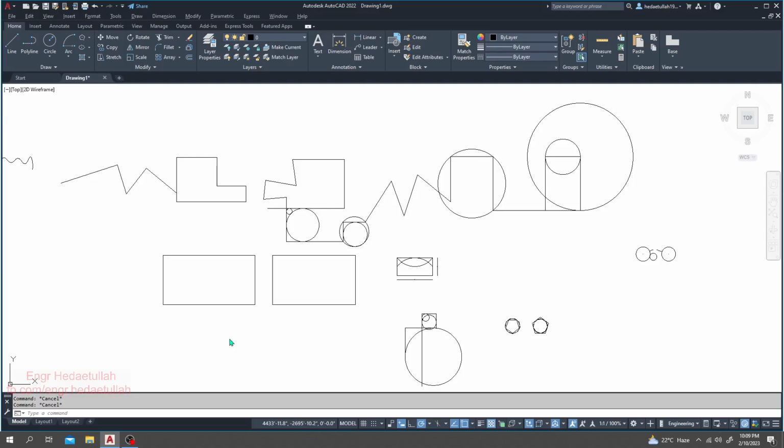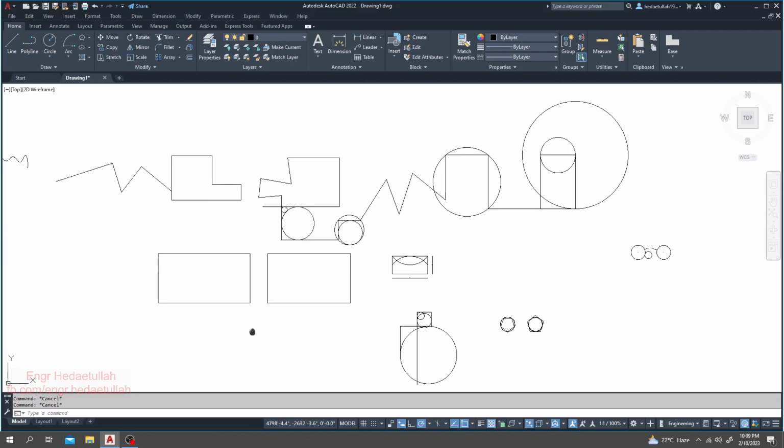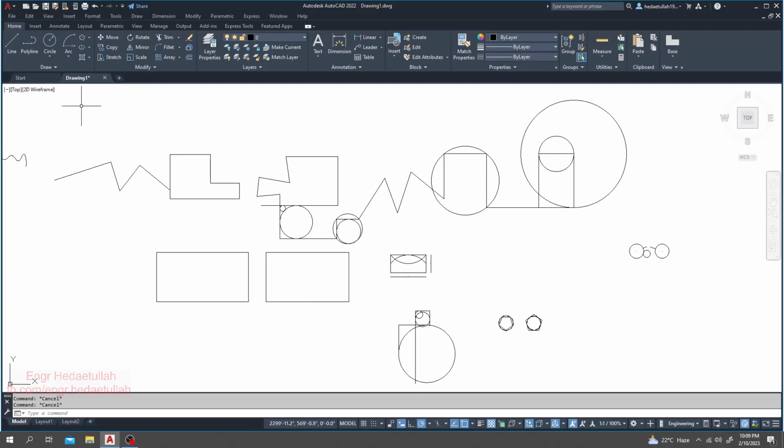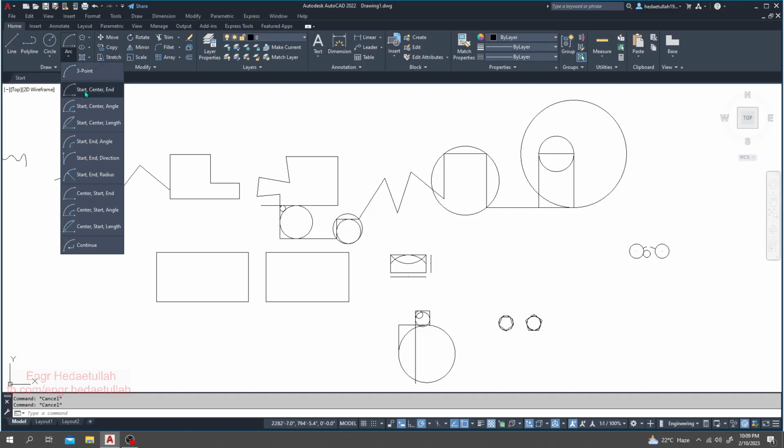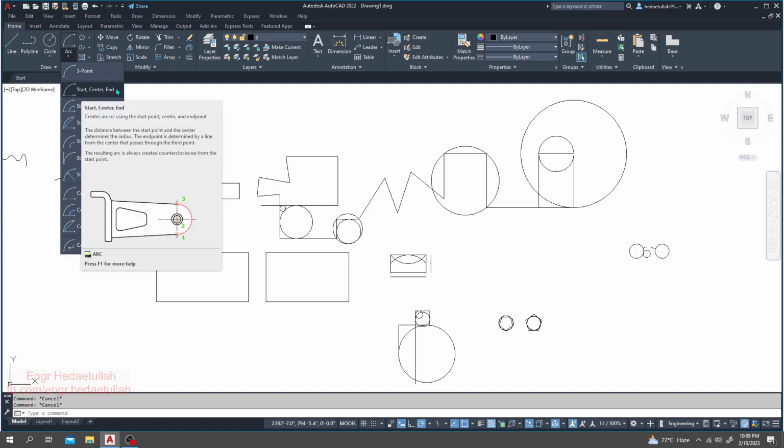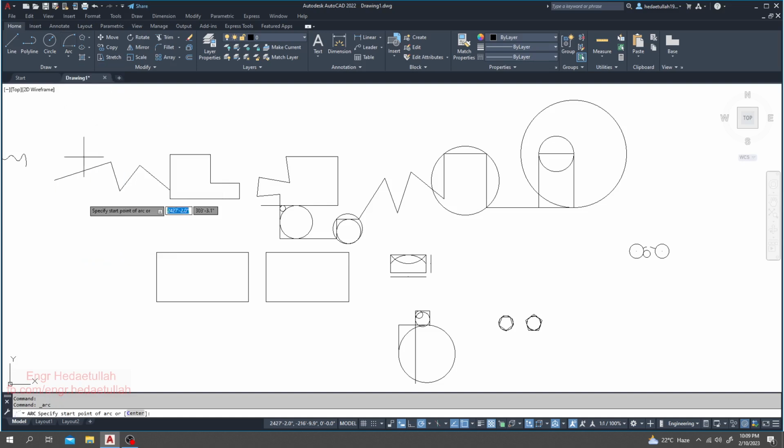Now we learn about another way to draw our line arc. To do it, just click here on arc, and you'll see start, center and end arc. I'll click here. Now it's telling us to specify the center start point of the arc. So from where we'll start drawing our arc, I'll consider this point as our first point, then the center point of